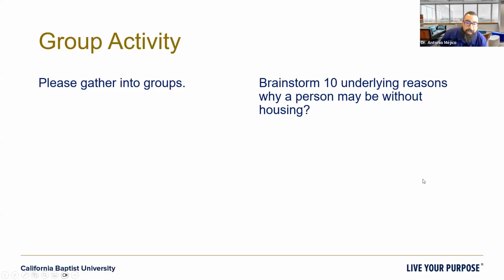So when someone says to them, get up and get a job, how are they going to get a job when they have no ID, when you have no birth certificate, when you're worried about just where your food's going to come from? How are you going to make it to City Hall? Catch a ride, catch a bus, do whatever you need to do, looking the way you do, in the clothes that you're in, and try to start over. They need help. Individuals need help to accomplish this. And so this is why it's so important to have an understanding of our theoretical backgrounds and orientations to help explain some of these phenomena, okay?